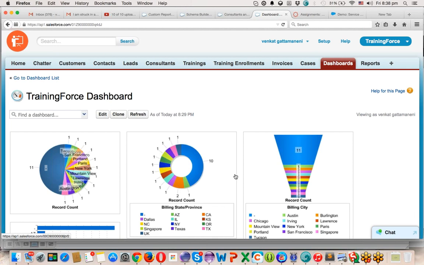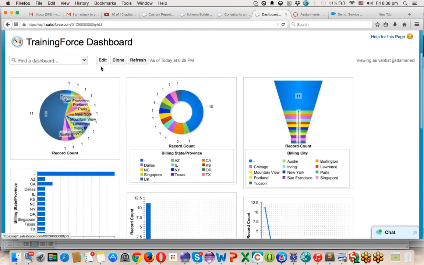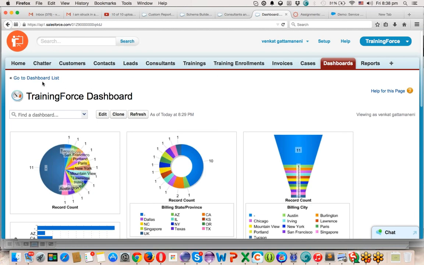For suppose there is a concept called dynamic dashboards in dashboards. How to do the dynamic dashboards? Currently when you are opening a dashboard, there is an option called viewing as Venkat Gatamaneni. If you are logging in as Harsha, you can view the dashboard as Harsha. If you're logging in as Akshay, you can see the dashboard as Akshay. That's called dynamic dashboard. So for suppose if I'm clicking on edit,